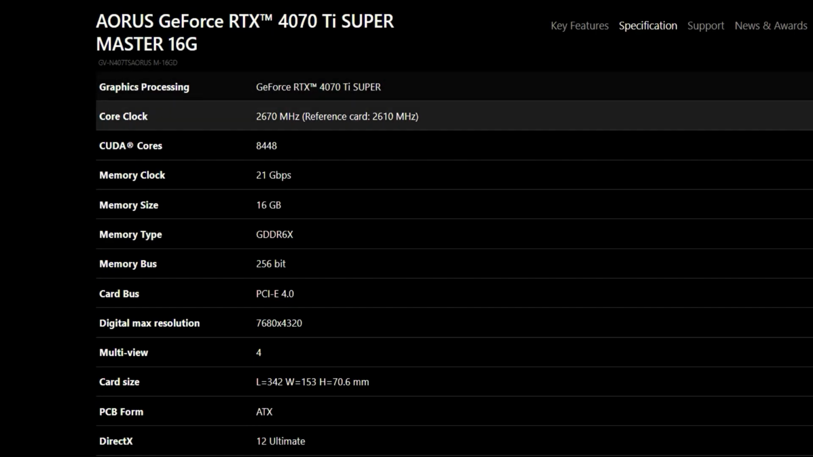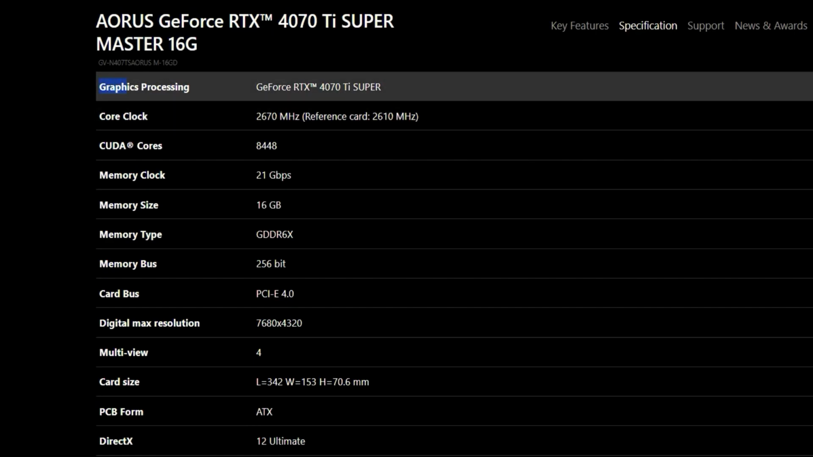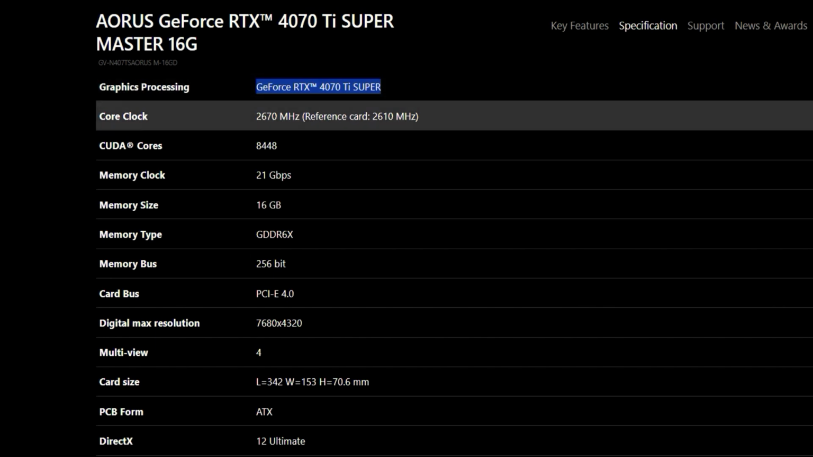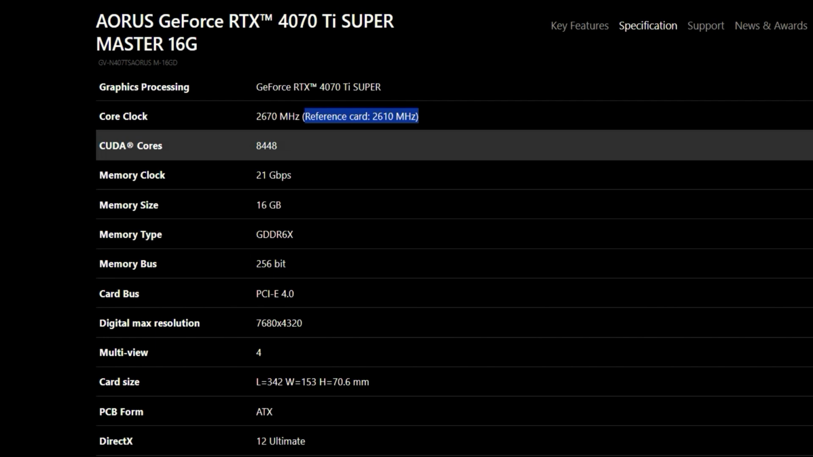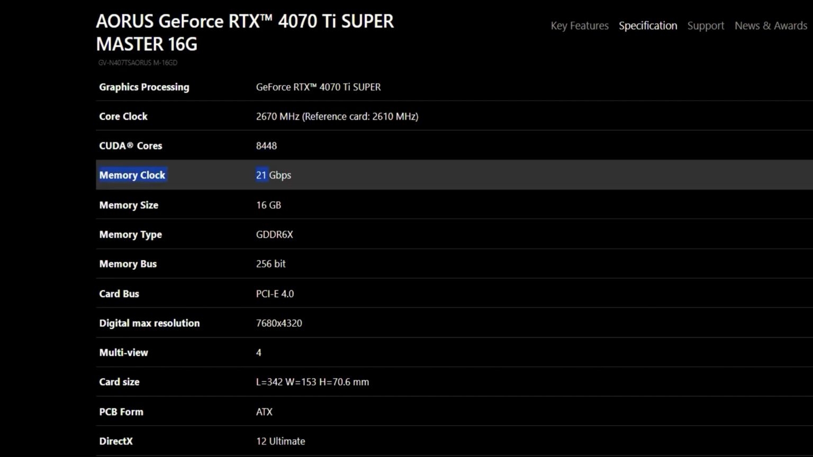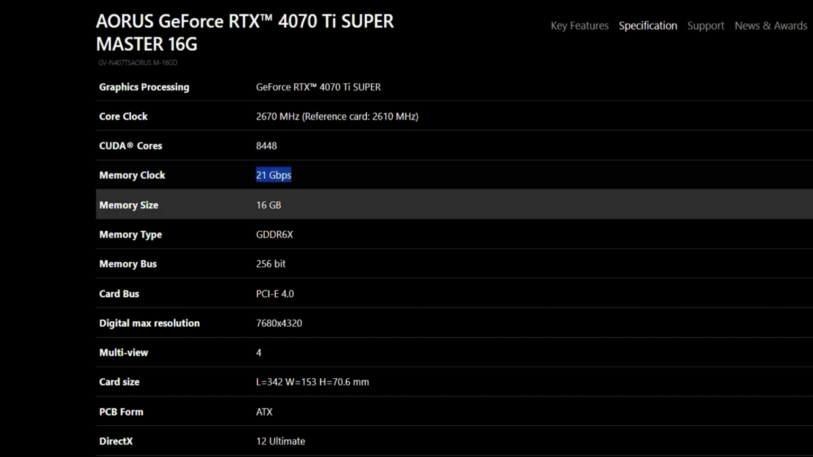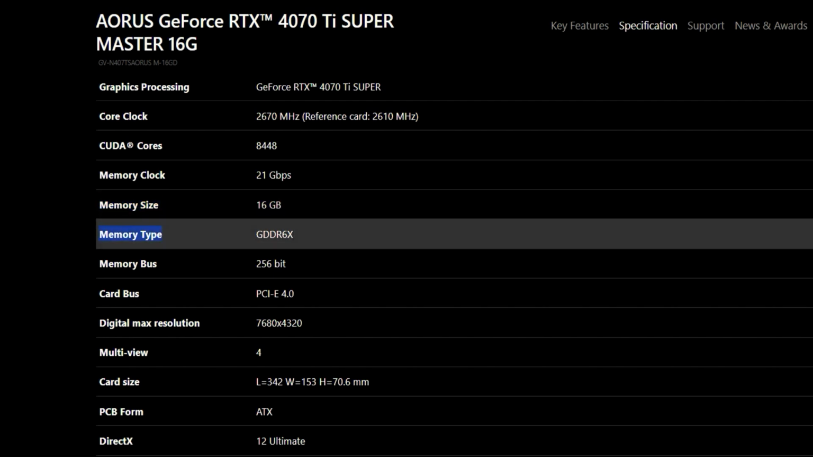So you can see the graphics processor, socket number GeForce RTX 4070 Ti Super. Core clock 2670 megahertz and reference 2610 megahertz, and CUDA cores 8448. Memory clock speed 21 Gbps, memory size 16 GB, memory type